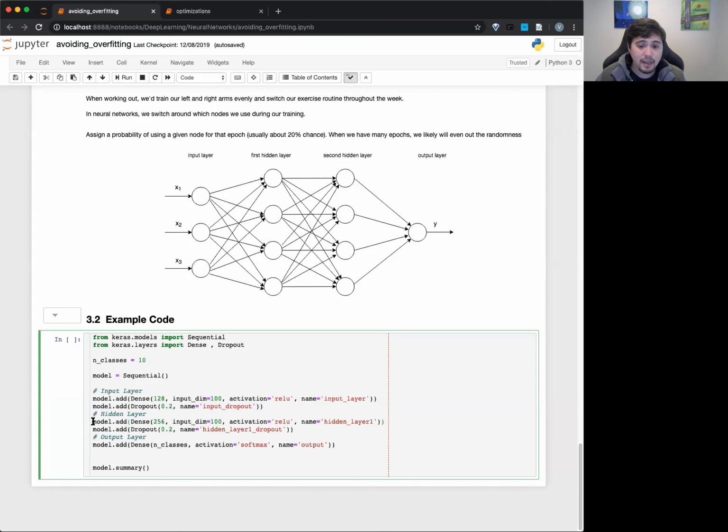Then we have our next layer. You can see here, 256. So you can imagine this next hidden layer will have 256. I don't know why I have input dim. This should not be here. Oops. There we go. All right, so now you have 256 as the next layer, and then we say, okay, that layer will also have a dropout, saying that each neuron in that layer will have 20%.